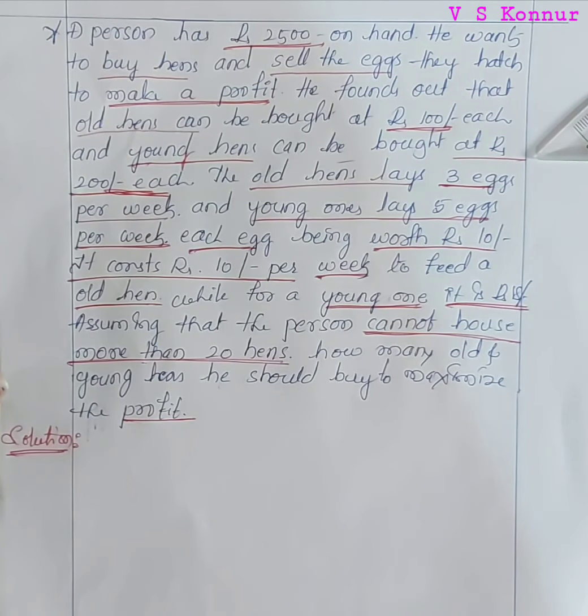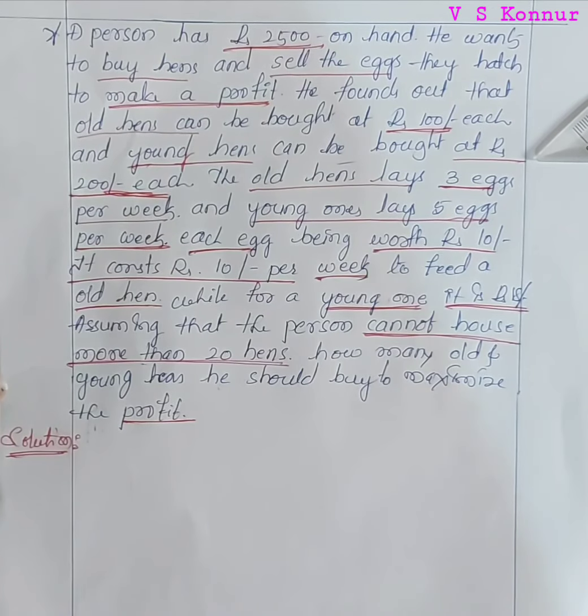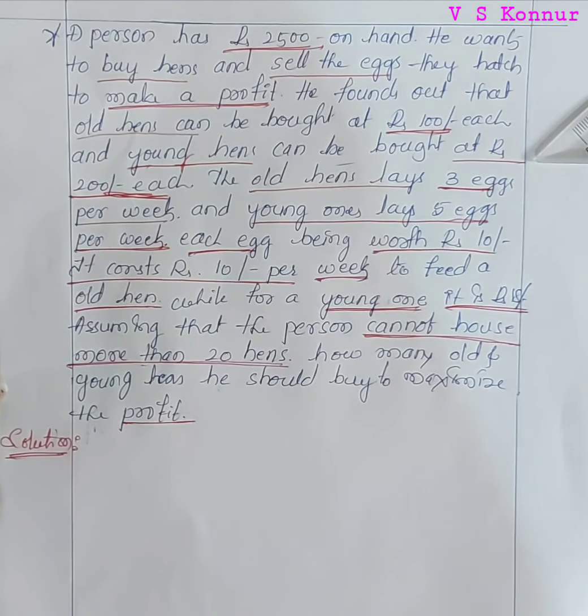He finds out that old hens can be bought at rupees 100 each and young ones at rupees 200 each. The old hens lay 3 eggs per week and young ones lay 5 eggs per week, each egg being worth rupees 10. It costs rupees 10 per week to feed an old hen, while for a young one it is rupees 18. Assuming that the person cannot house more than 20 hens, how many old and young hens should he buy to